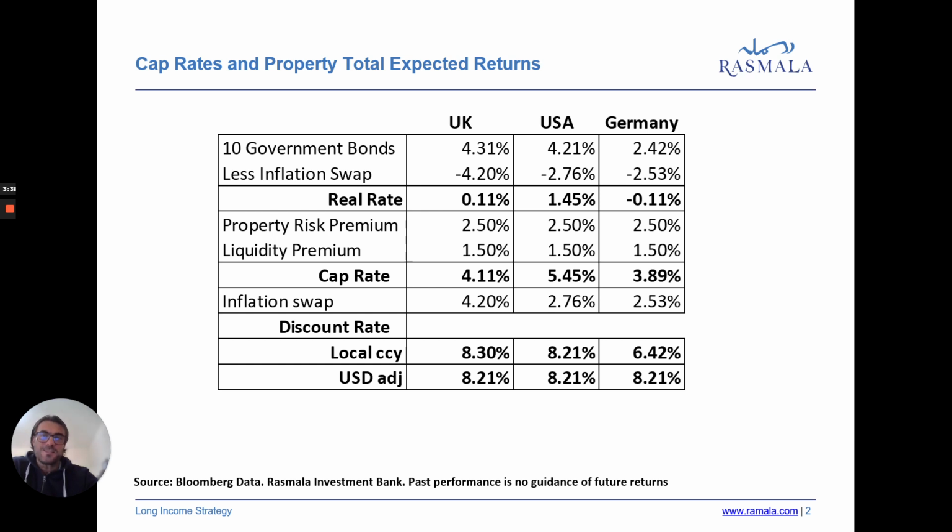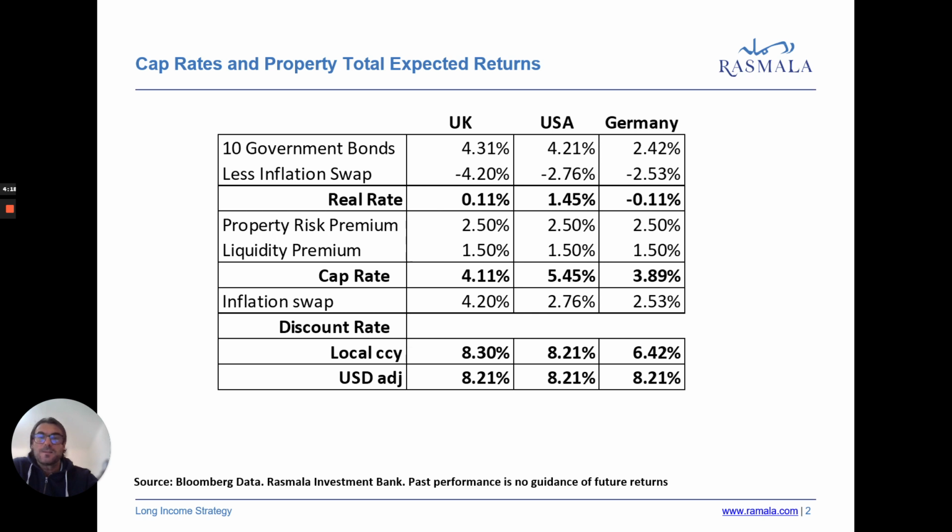Why? Because first of all, the income of that property, or the rent of the property, should increase over time as the rent increases with inflation, and secondly, because the value of the property increases. So when we want to compare the cap rate with the interest rates, the comparison should be with the real rate.